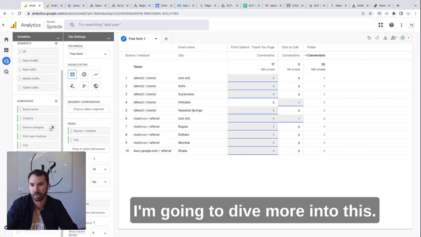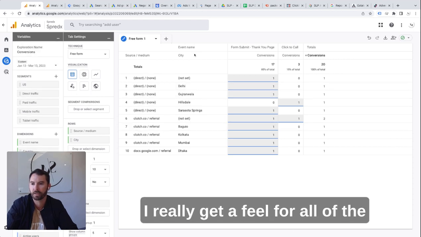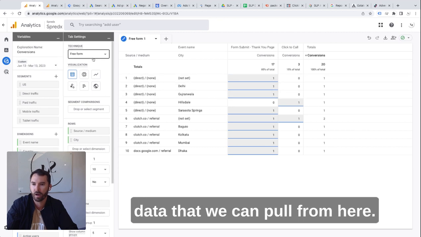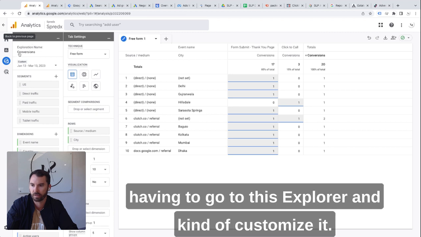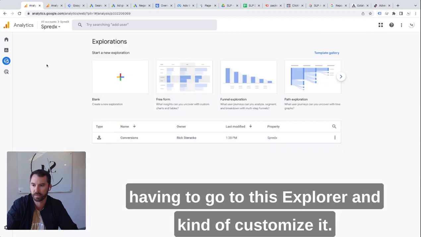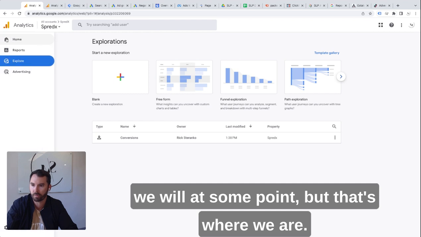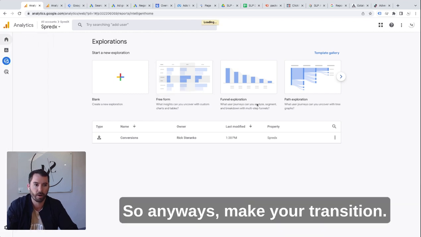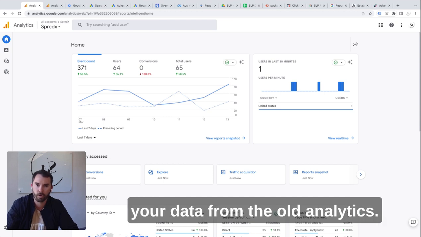I'm going to dive more into this. Maybe I'll do another video at some point when I really get a feel for all of the data that we can pull from here. I don't love the UI and user experience of this, having to go to this Explore and kind of customize it. I wish we could just add it in, and I think we will at some point, but that's where we are. So anyways, make your transition, make sure you export all of your data from the old analytics,